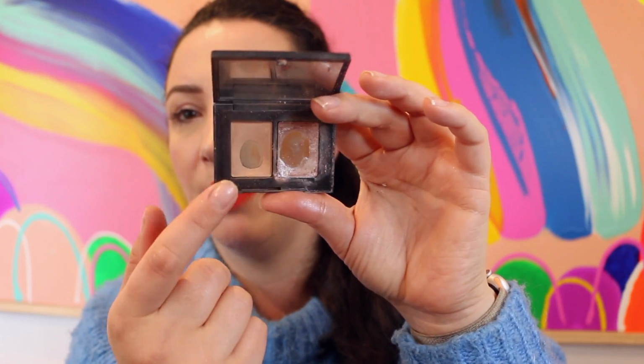This one I'm not using as much, but I'm using it as a blush today. So I decided to get my fluffy brush and just sweep it on like a caramel blush. I really like it. I actually think I like it more as a blush than as an eyeshadow. So I think what I'm going to do for now is keep this as my colorful shimmery blush,